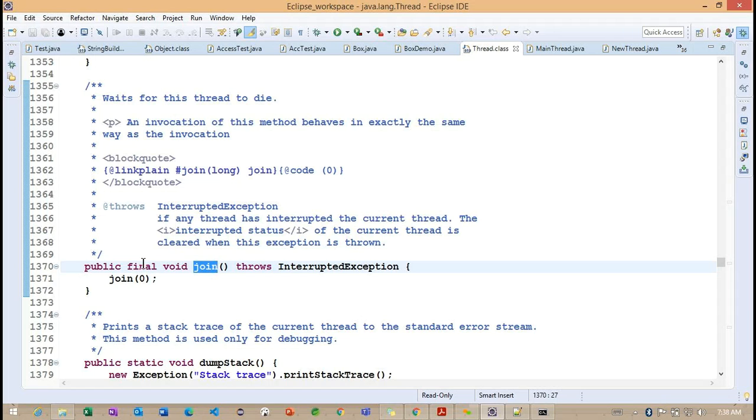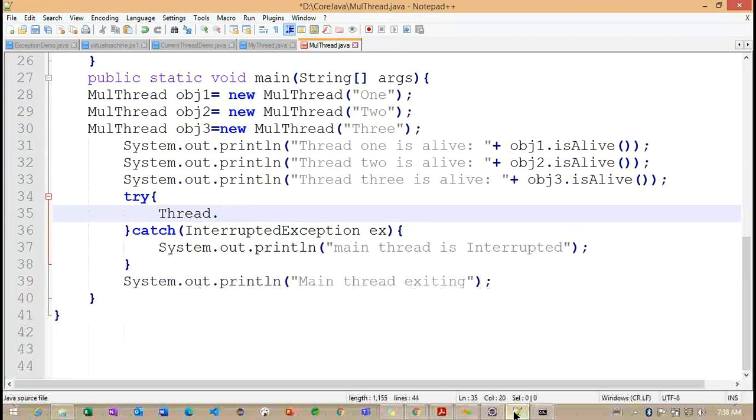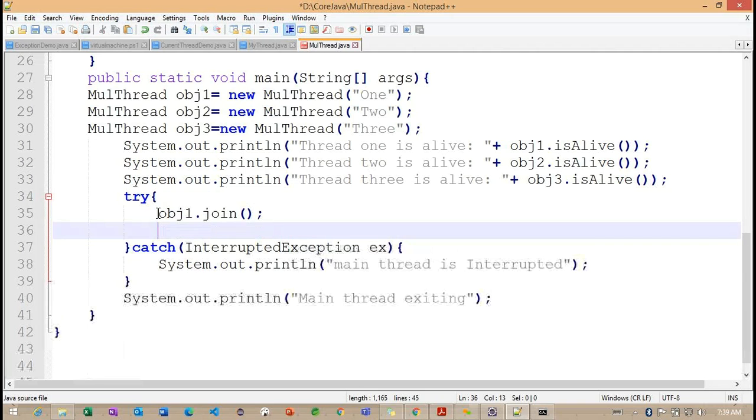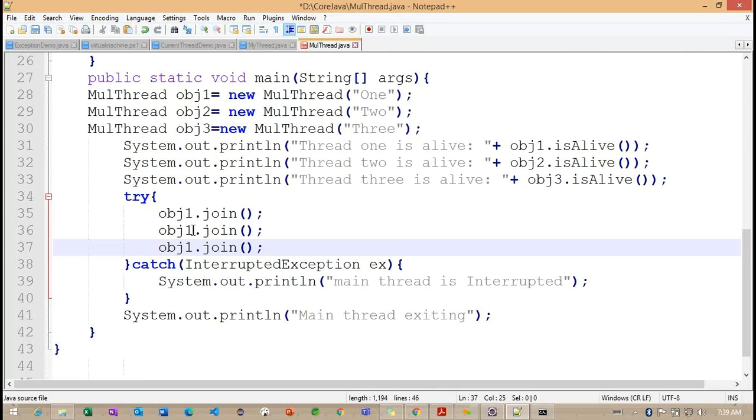Now we understand that this particular final method we cannot override in any other classes. Okay, so back to here. Now it is not a static method. If it is not a static method, how can we access this method? With the help of object creation only. We cannot call it with a class name here. We can call obj1.join. I'm not specifying anything here, so simply the default value. What is the default value? The join method is going to take 0. Getting the point? So 0 milliseconds here.